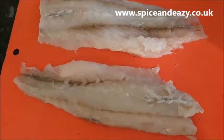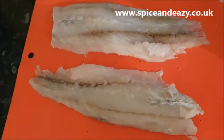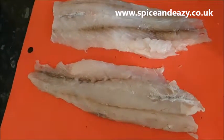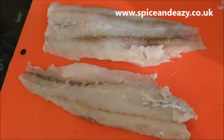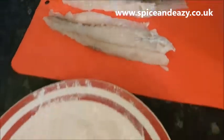Welcome back. Fish has been washed, shaped, nicely cut, and patted dry, so we should be okay to go now. And skinned. And that's barramundi. There's actually 12 quid's worth of fish that we got for a couple of quid. Not bad. Right, so